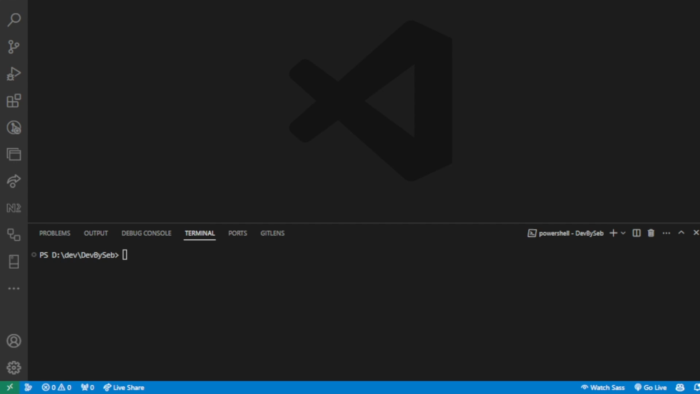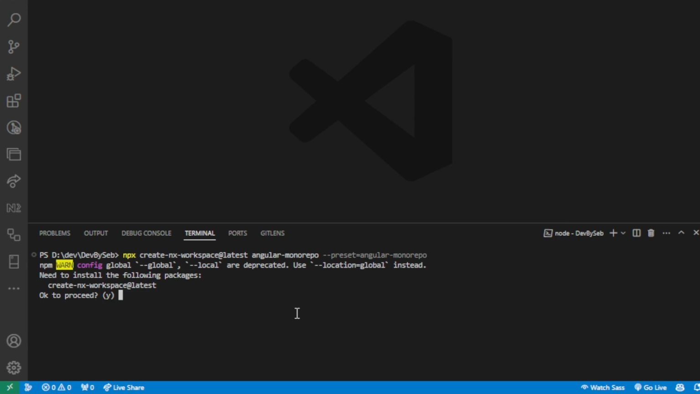So let's get started. In order for us to get started, we can write npx create-nx-workspace, and we're going to go with the latest setup. We're also going to say, let's call it Angular monorepo. We can preset it to be an Angular monorepo as well. And it's going to give us a couple of different alternatives. It's going to tell us what do we name it. Let's call it just Angular